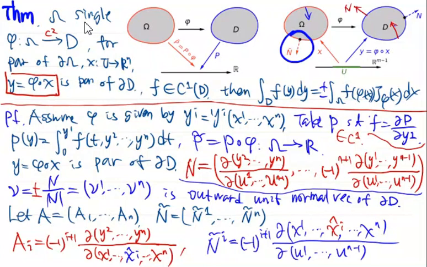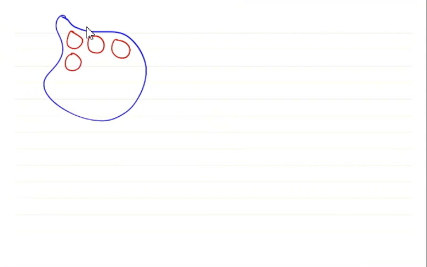And omega being single is a geometric assumption, but this can also be extended to the general situation, that is a Jordan domain. A Jordan domain can be filled in with very many small balls, and because balls are single,